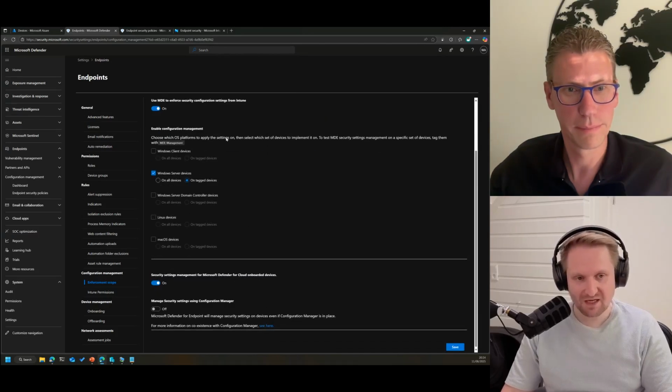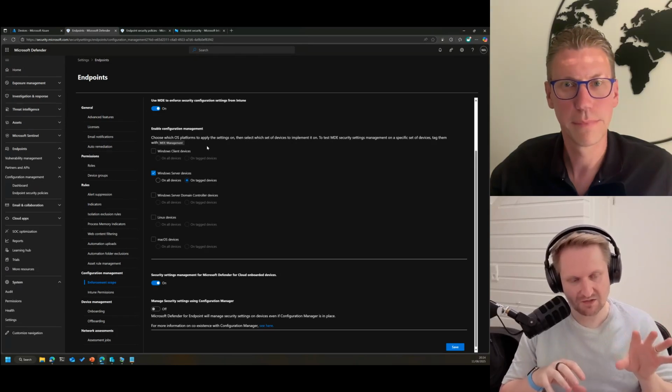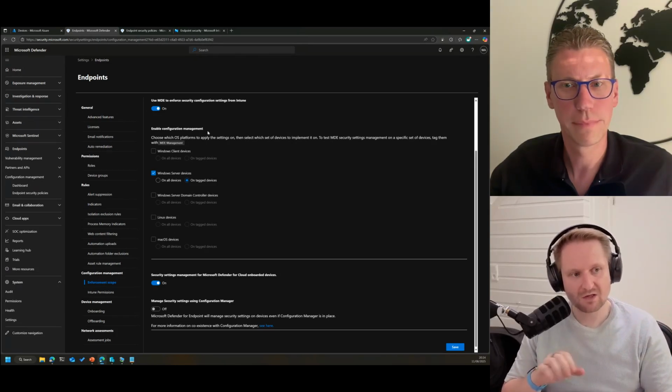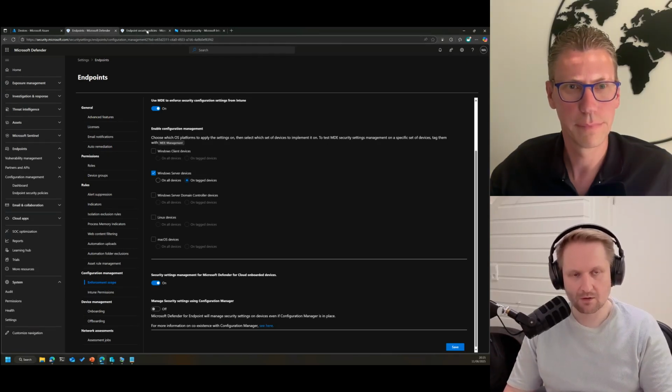In this specific case, I would always recommend to start small. So what you can see in this specific overview is that you can basically test this feature by setting a specific tag on a device. So if I would go to my asset overview,